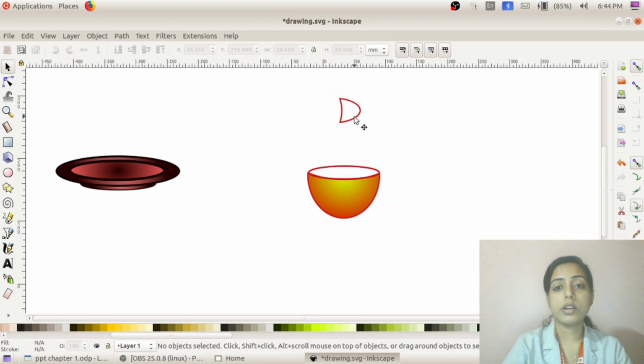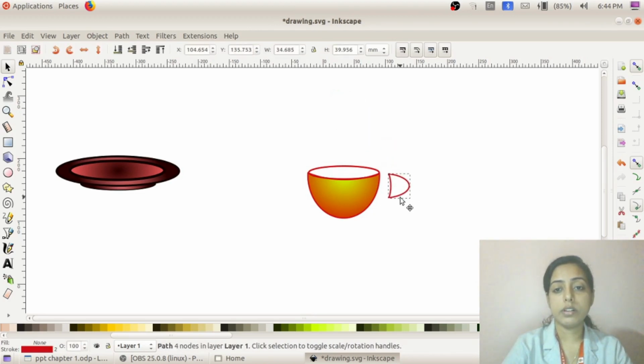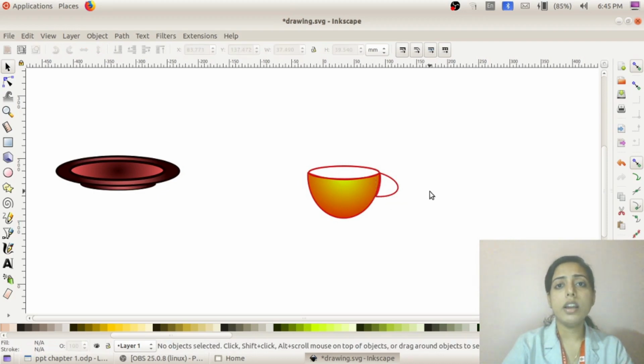So fix it on the cup like this, and if you click on this selection again, it will change into the rotate option, so that we can rotate this picture. So if you click on this image, first we can select or drag the image, and if you click over the image again, it will turn to the rotate option, so that we can rotate the image and fix it in the cup like this. Now we can see that it is not appropriately aligned.